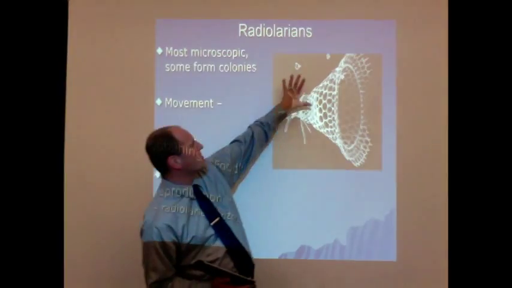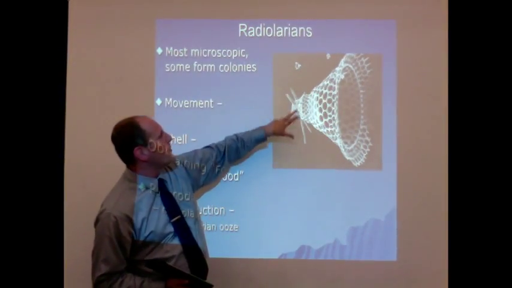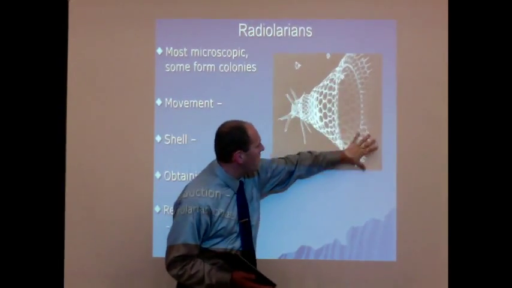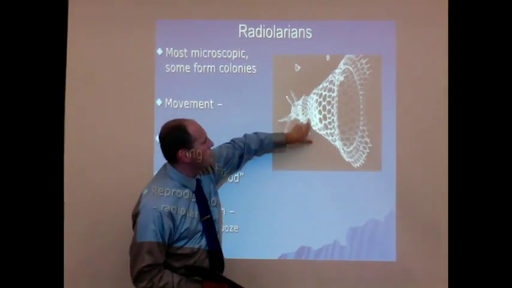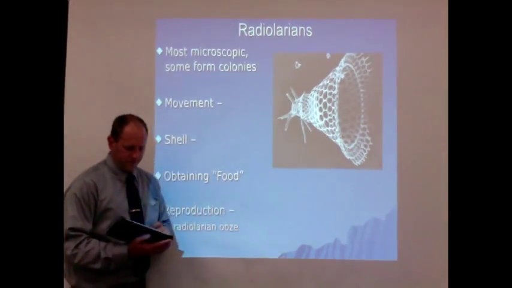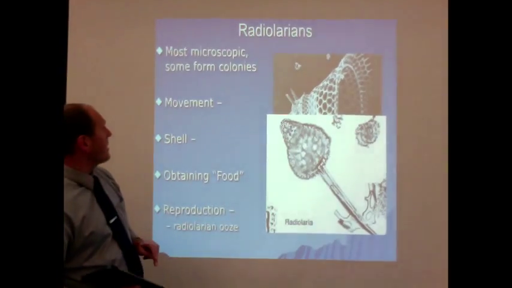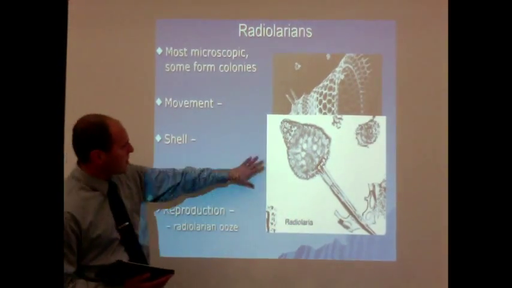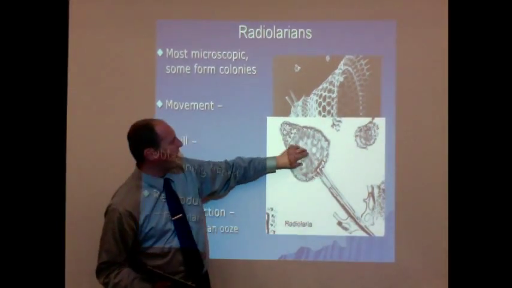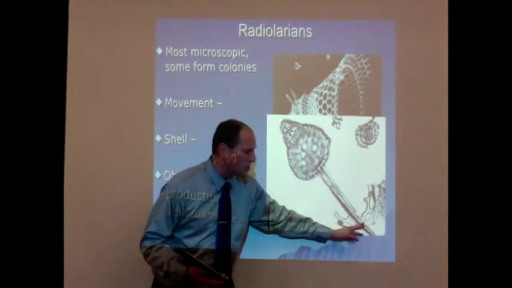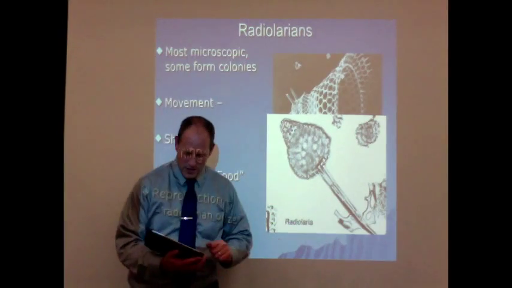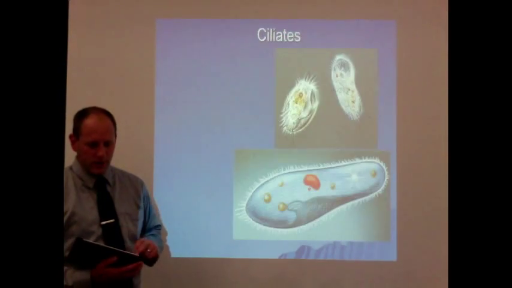You can see that elaborate construction. This is one really blown up. There's a couple others in the back, so they're a bit smaller. This is one organism. The main cell body is going to be back here in this particular area. Another picture here of this one, and you can see that glass-like look. This is just a projection. It's not one of those pseudopodia sticking out here. It's one of those pieces of that particular organism.